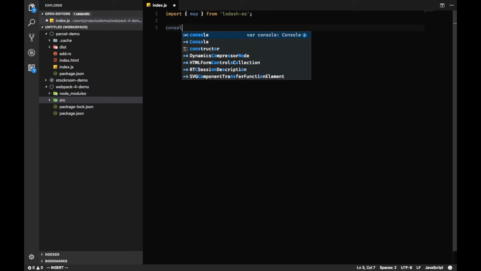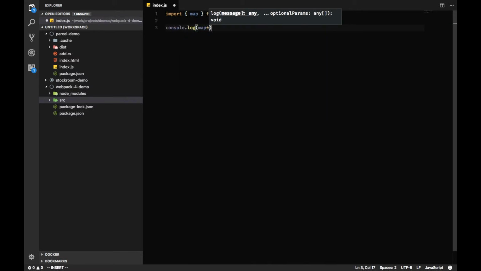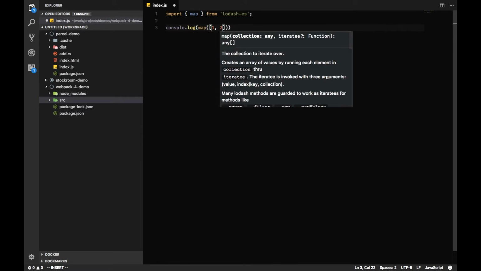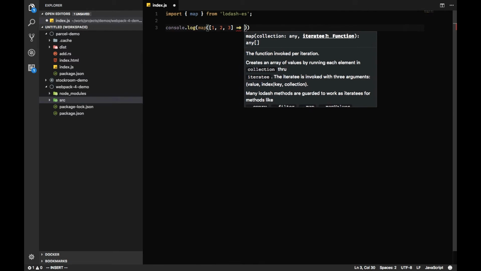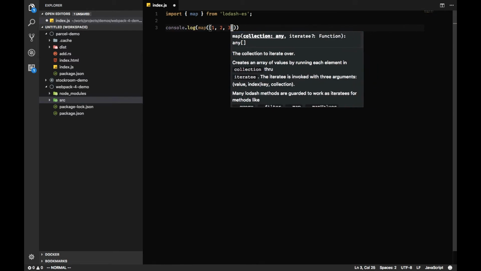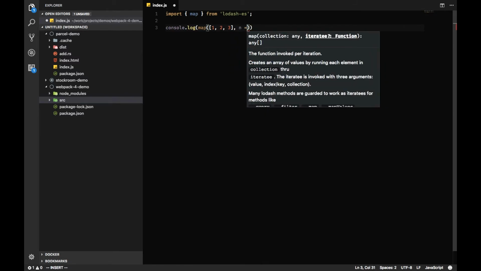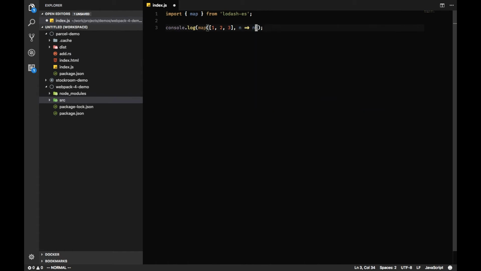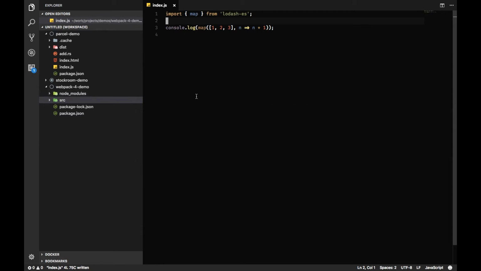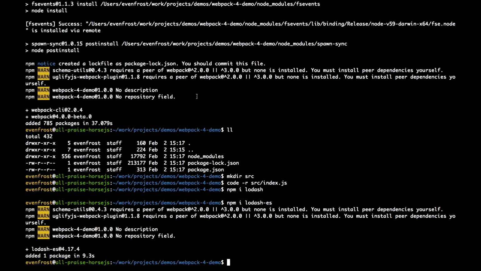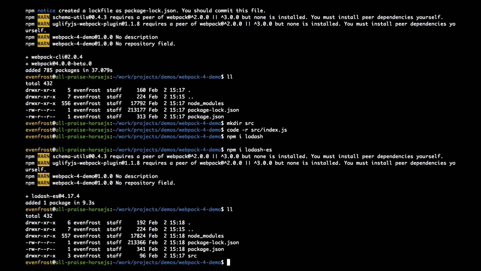And let's console log map 1, 2, 3, number, something like that. So, as I've already said, Webpack 4 doesn't require any configuration now, just some simple conventions like